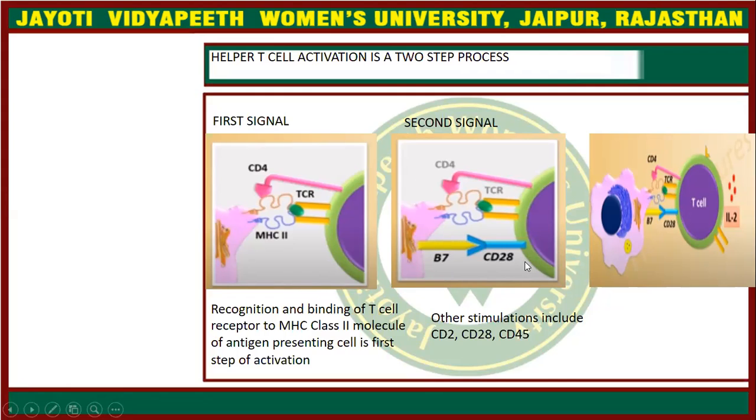CD28, CD2, CD45 are the stimulators which bind to the specific receptors on the antigen presenting cell. So they are bound in this pattern here. The B7 of the antigen presenting cell and CD28 of the T cell. Similarly, the MHC molecule and CD4 of the T cell, and the antigen is also bound to the antigen presenting cell. After the first and second signal,